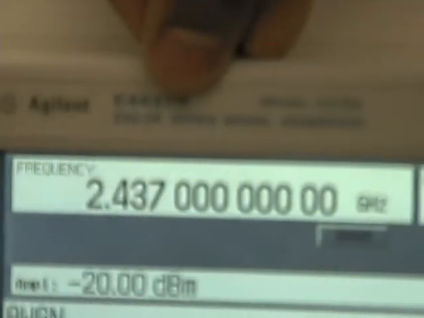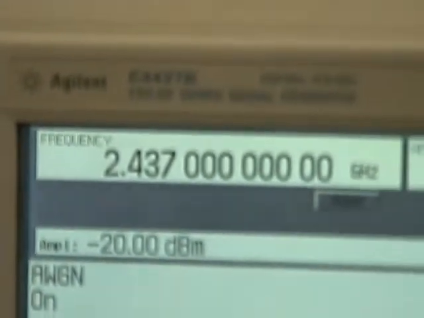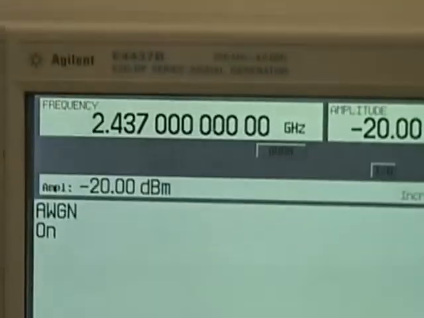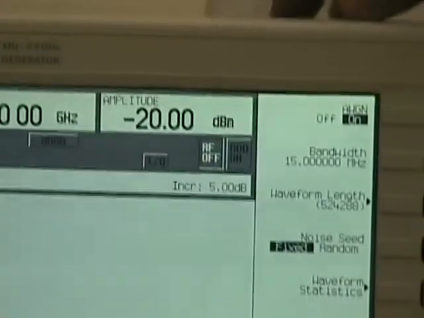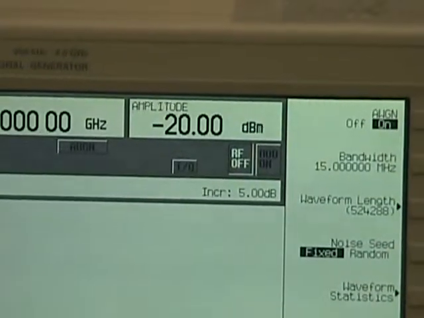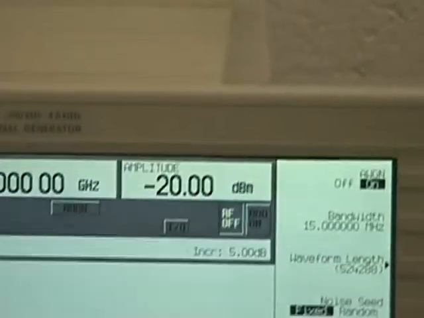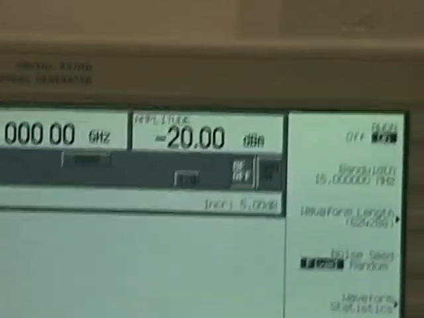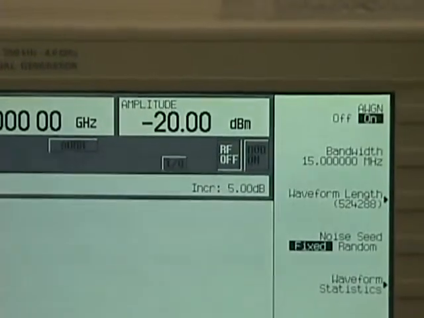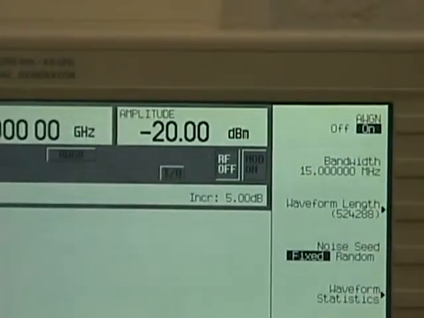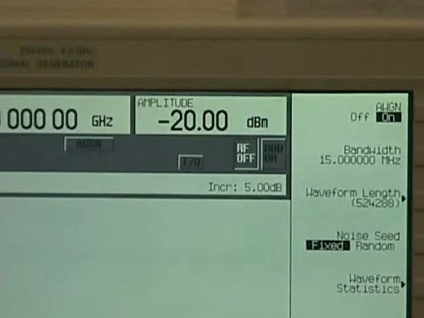Over here the frequency is being displayed at which the primary will generate on signal. Right now the primary is off. We will present our demonstration in two phases. In first phase, we will show the cognitive radios will act as normal Wi-Fi nodes.